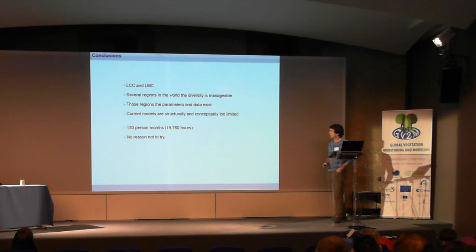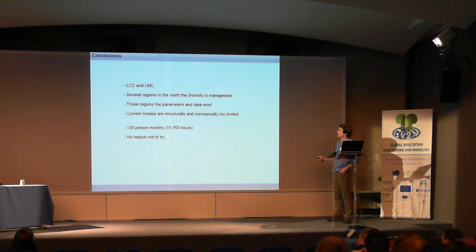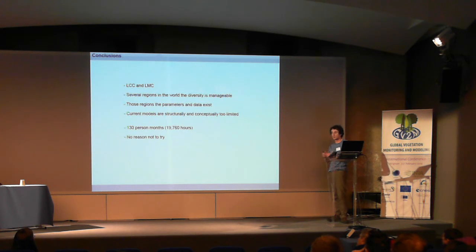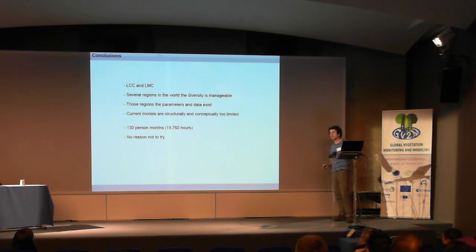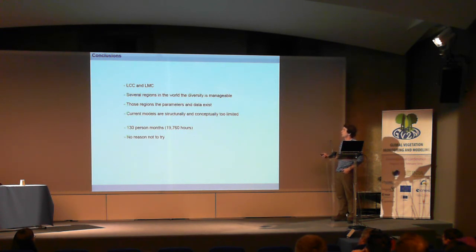So that brings me to the conclusions. Based on the analysis we did, I see no reason why we should keep continuing to separate between land cover changes and land management changes, and why we should reduce the whole question of land use to only land cover changes, because the effect seems to be the same. Then for several regions in the world, despite what we heard in the trade talks, I agree that for many regions it's not possible, but for some regions, like Europe, it's perfectly possible to just go at the species level. It's not an excessive amount of work.